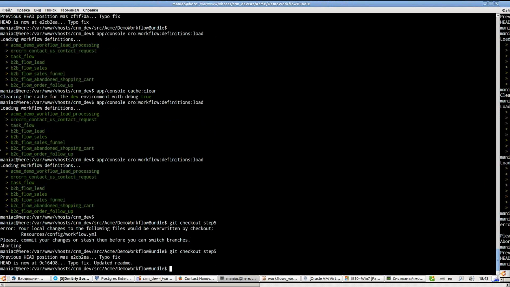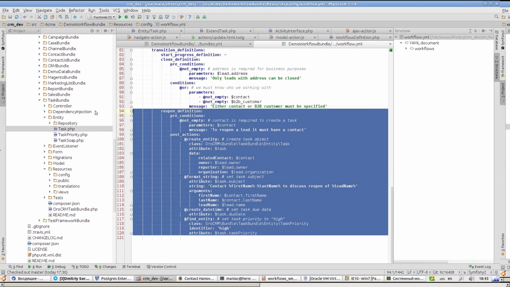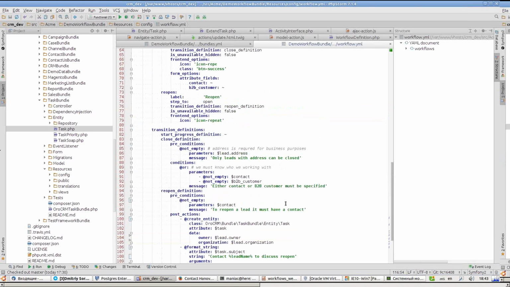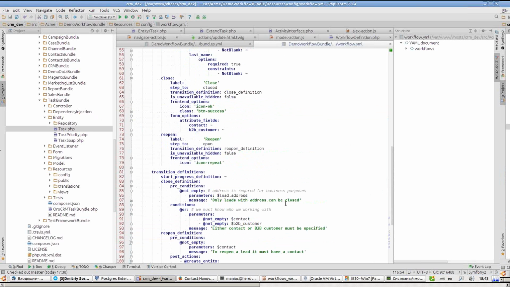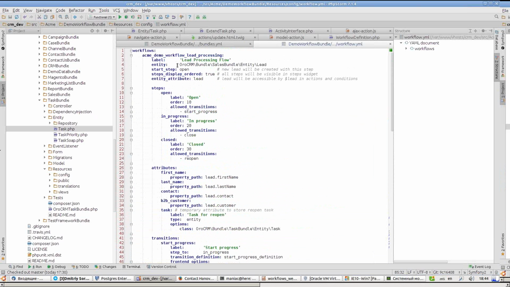Now we are here, and I applied my fixes. What additional fixes can you see here? First, I have added comments, so this workflow's configuration is now much more readable, and you don't have to read all the parameters and conditions, actions configuration. You can just look at the configuration, check out the addresses required for business purposes, and that's all. Also, I have added the same comments for